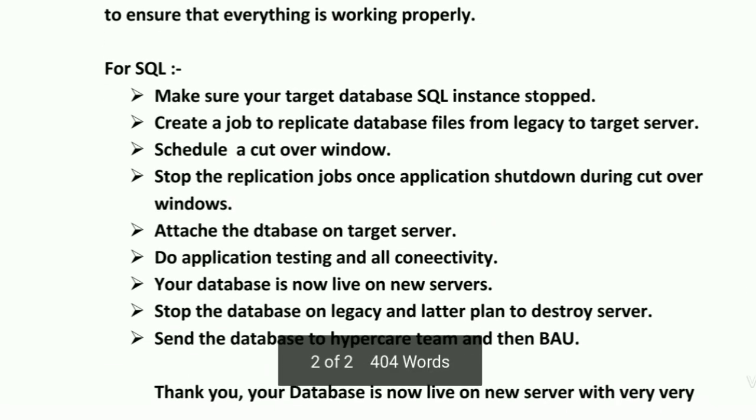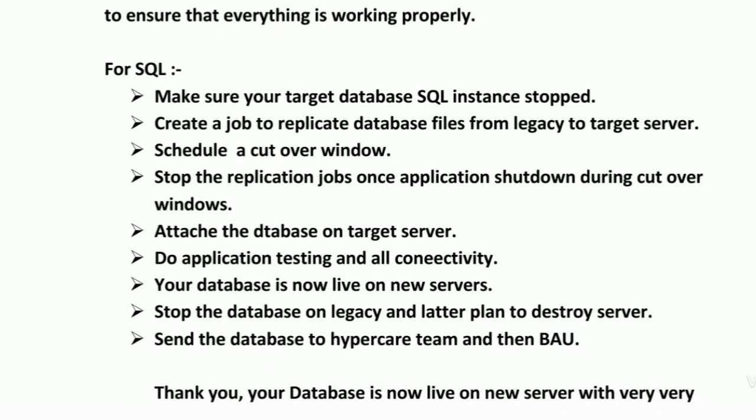So how can we move the SQL database to the target server and do the connection and all. So for SQL, it's a very easy task to do the migration of such a big database. For SQL, make sure your target instance is stopped. So the SQL Server instance should not be running on the target machine. Then Carbonite Migrate will create a replication job in between the legacy and target server. That job will take a copy of data at block level and paste it on the target machine, right?